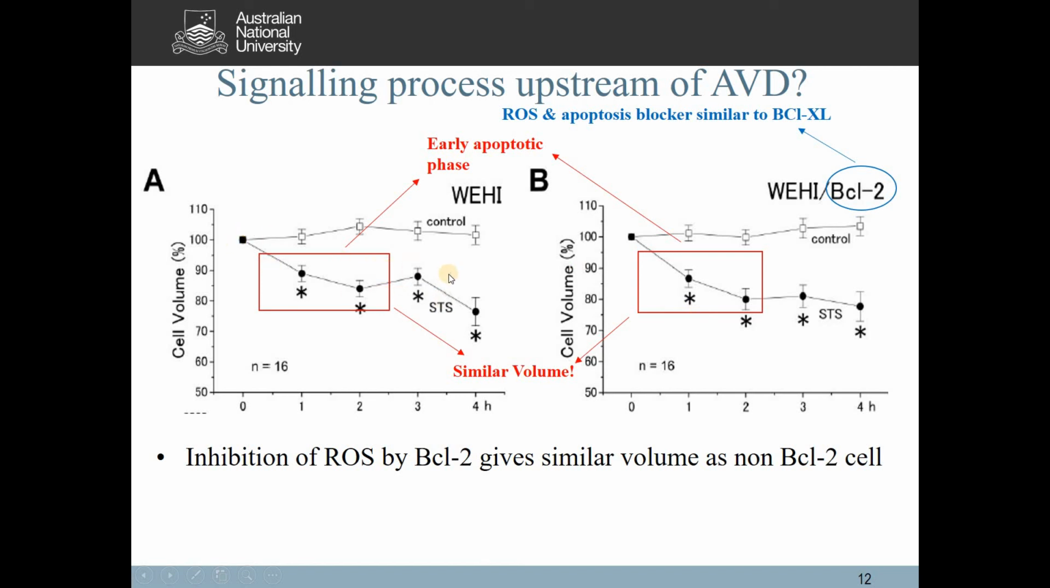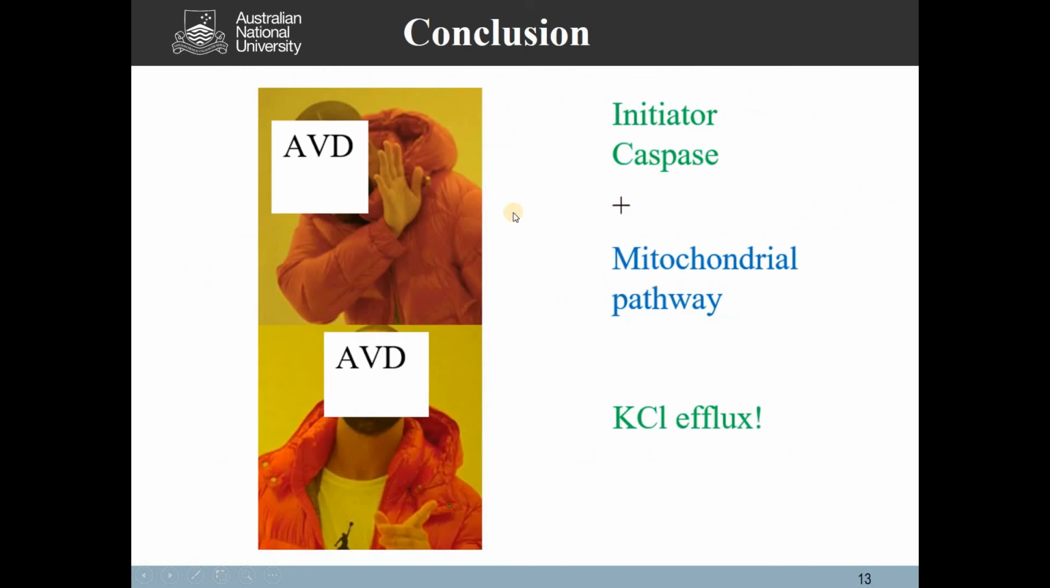So AVD is very, very complex. We just know that it is dependent on the KCl efflux. We don't know what else it is dependent on. Lastly, I'm going to conclude with this meme. I hope you find it helpful. So you see, it is AVD. It is telling you that he doesn't care about initiator caspases or the mitochondrial intrinsic pathway whatsoever. It doesn't really care about them because it's not dependent on them, but it really cares about